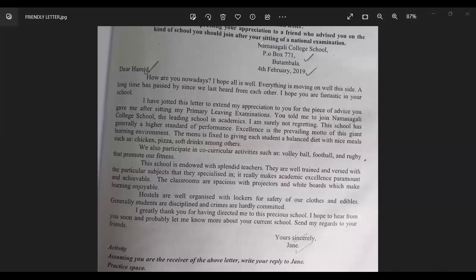So when you look at our address, it is slanting. You can see it's going on the right. It's moving towards the right. So we leave some space before we write the next thing. So you can see Namasagali College School. Then when we are starting the line of the PO box, we leave a bit of space, and then Butambala, we leave a bit of space. Then we do not skip any line between the address and the date. We do not skip any line between the date and